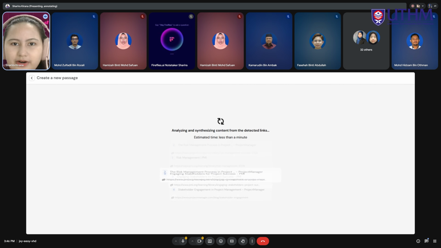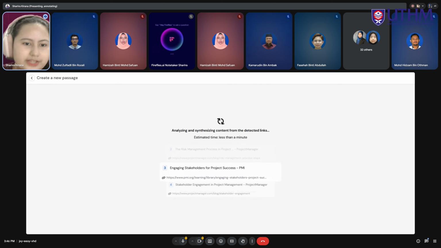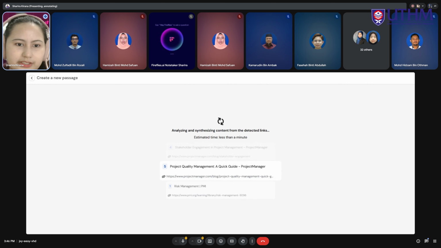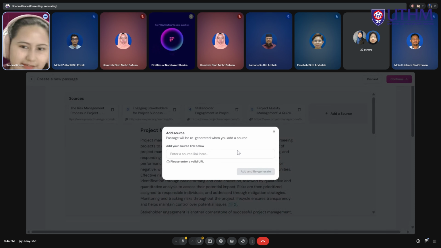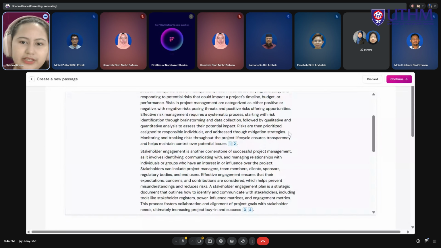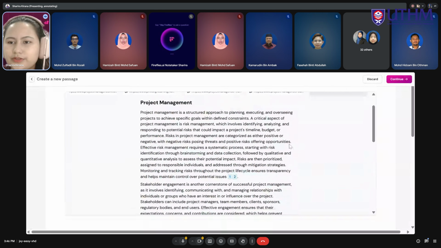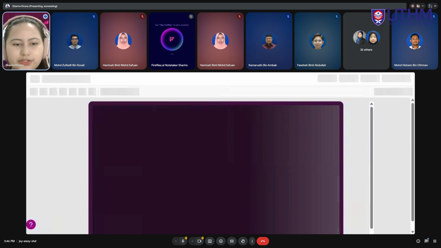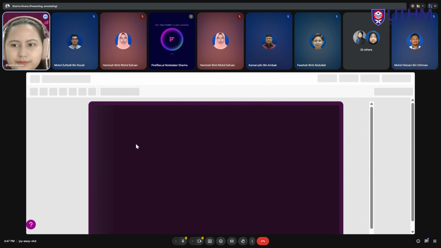So that is how our passage works, specifically with the use case of AI, if you'd like to focus on reading and analytical sessions with students. Because in here, you can, like before, add extra resources to make the reading more suitable to your topic. And if you're satisfied, you can click continue, and afterwards,